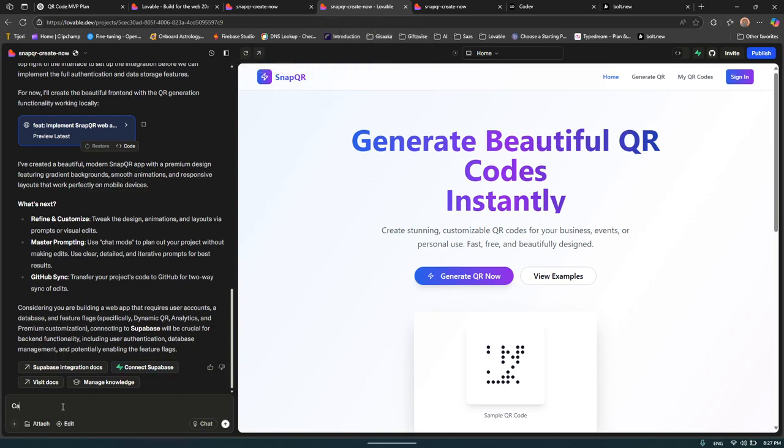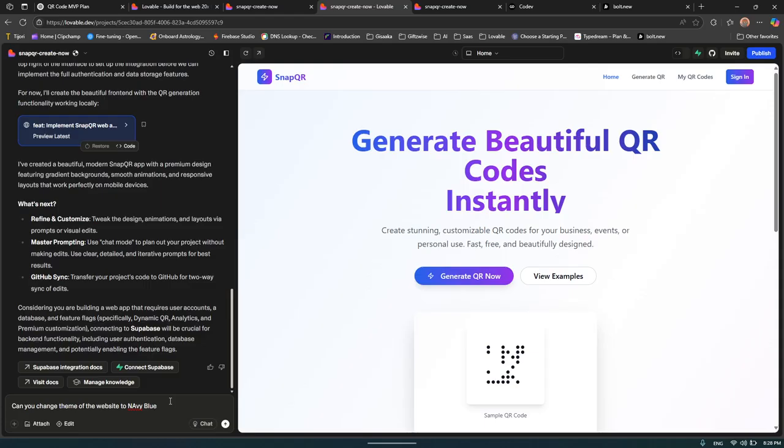So can you change the theme of the website to, I like navy blue, so let's try that. And be careful, I'm just doing all these to let you know guys what we can do, but here we are asking to just change the theme. It can also cost you